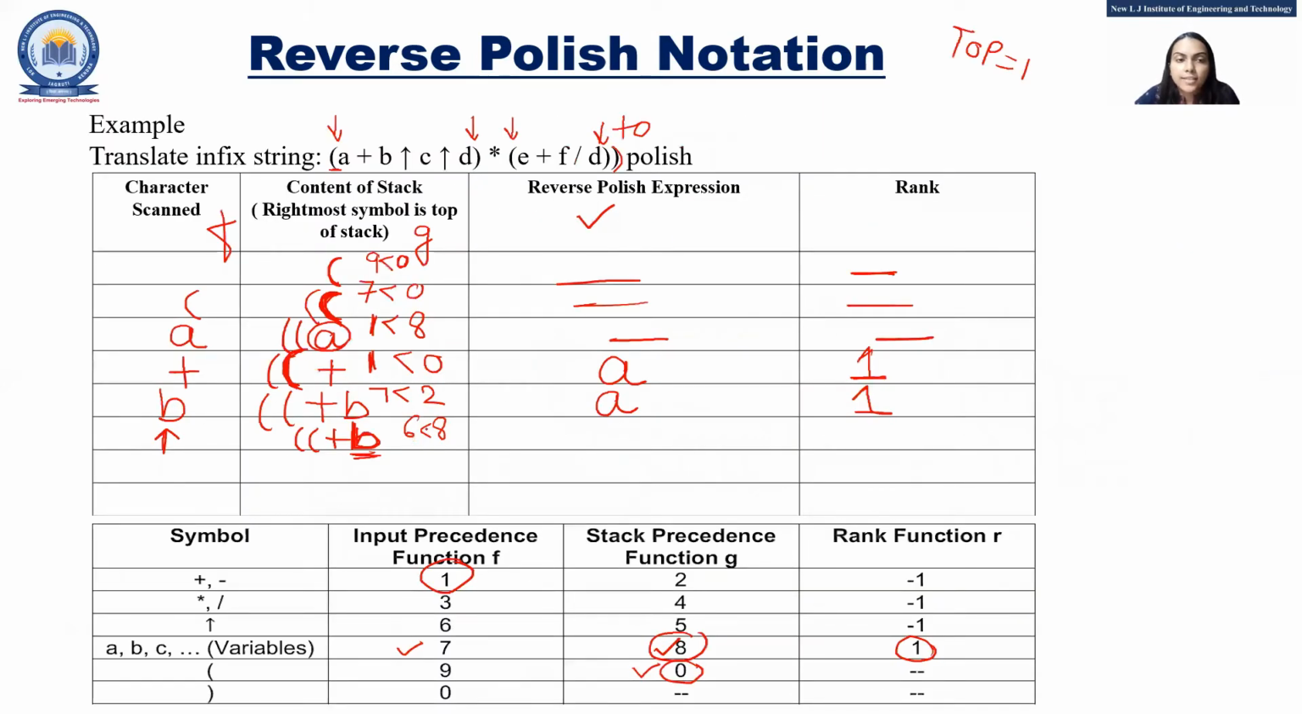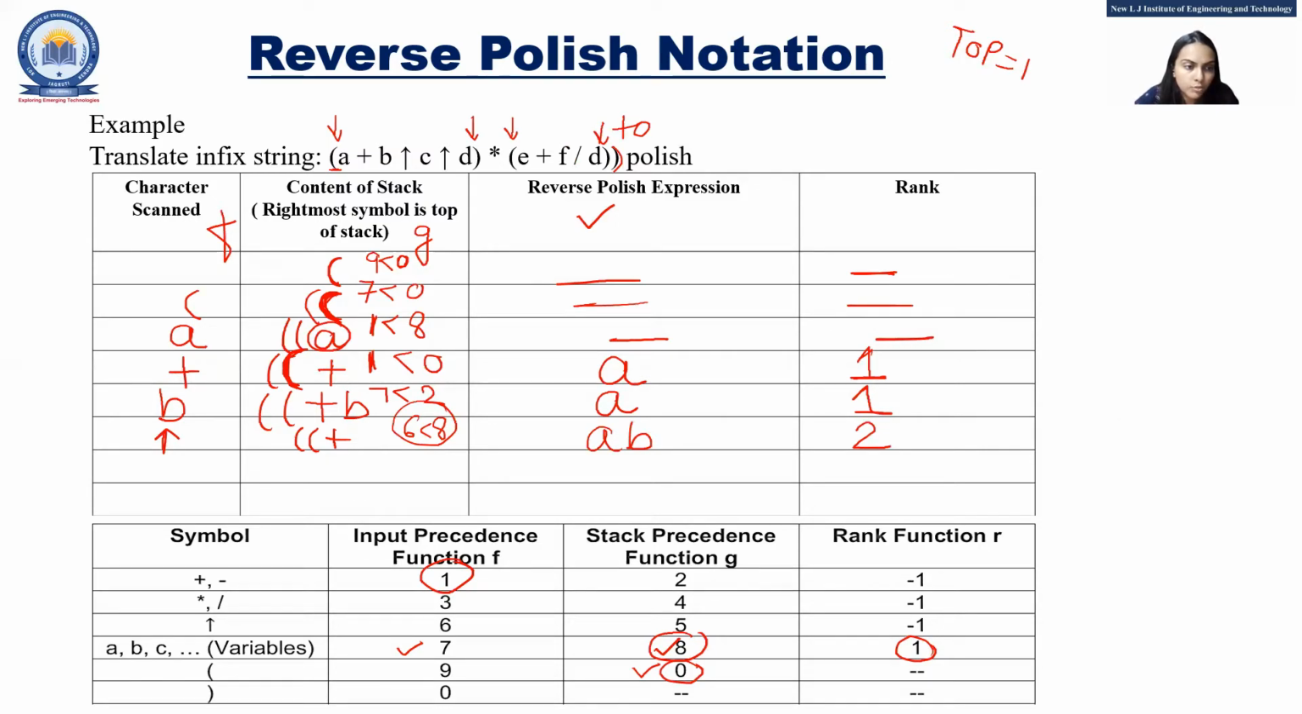So 6 is less than 8. Now 6 is less than 8. So now we need to pop it. So we will pop B. Okay, so rank of B is 1. So 1 plus 1, 2. And we will pop this out, right? And once it is popped from here,